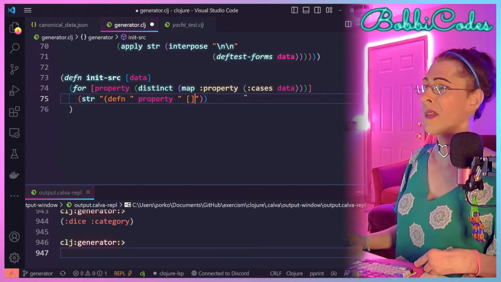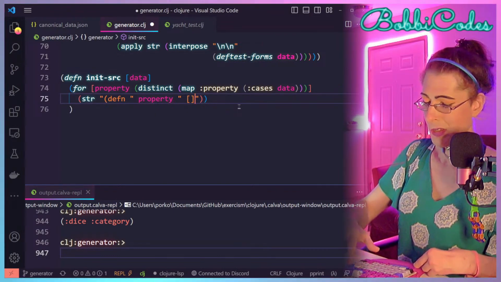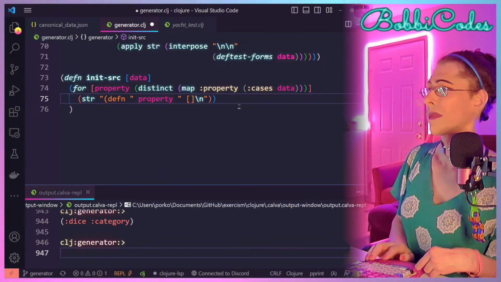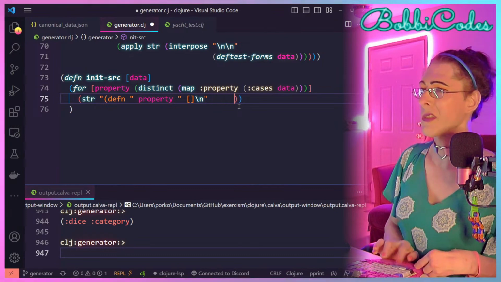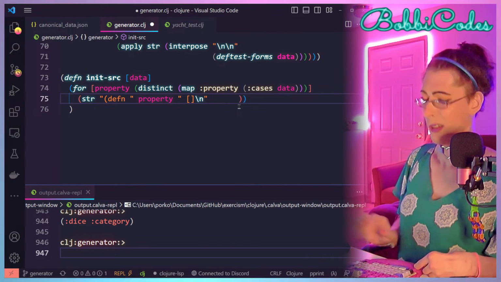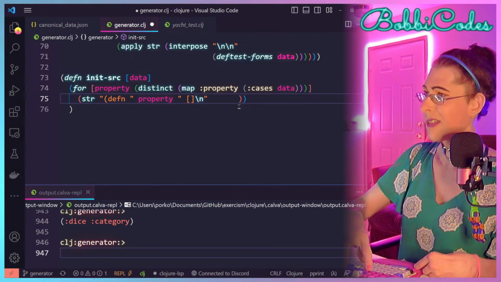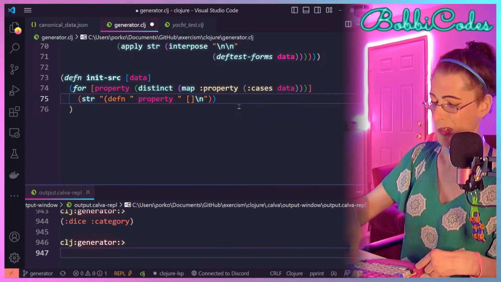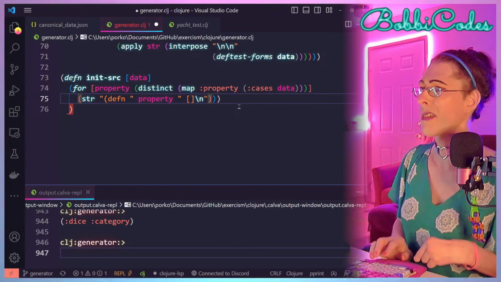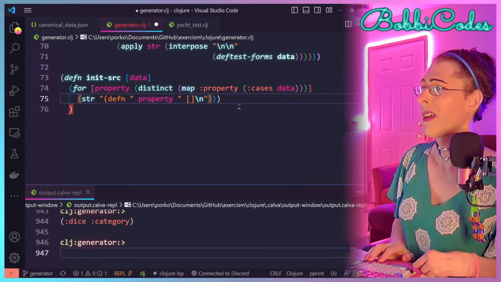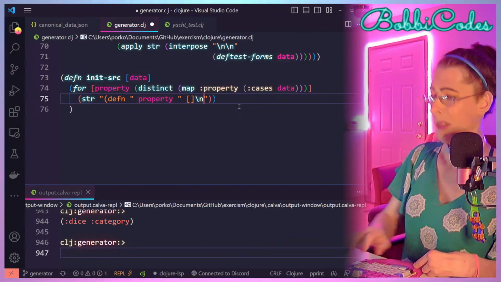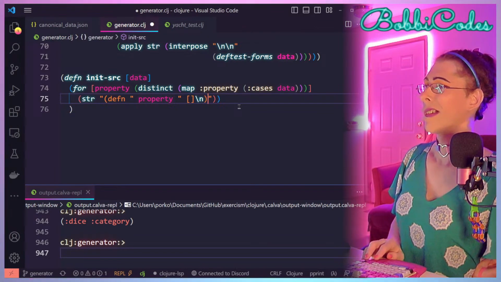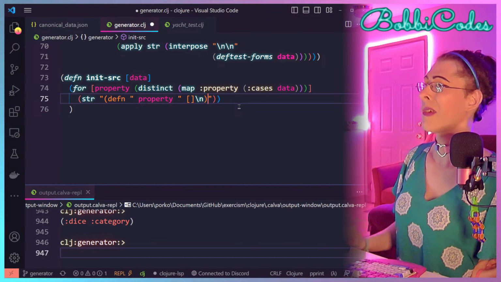So it's just going to be the arg list and then a new line, then a bunch of spaces, and then actually not a bunch of spaces. It'll just be a closed parenthesis there. There. And that'll be it.